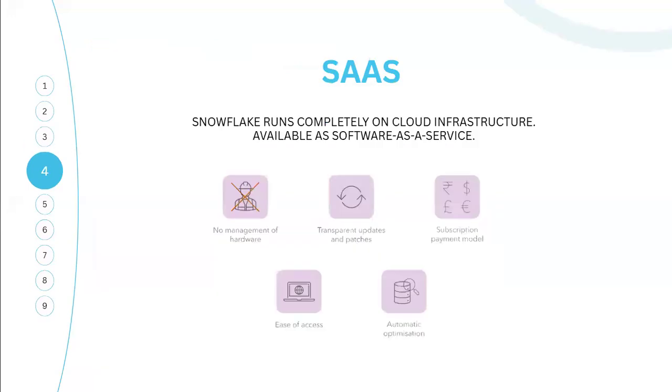And the last one is SaaS. Here you don't require any DBA. All the upgrades, patching activities, everything will be done by Snowflake. And here you don't need any downtime. The application will be up and running, and in the background they will take care of everything: the updates, patching, all those things. And this is a pay as you go model. Simple to access: just open the URL, log in, and that's it. You don't need to install anything or create any environment, like you have to do in traditional databases.